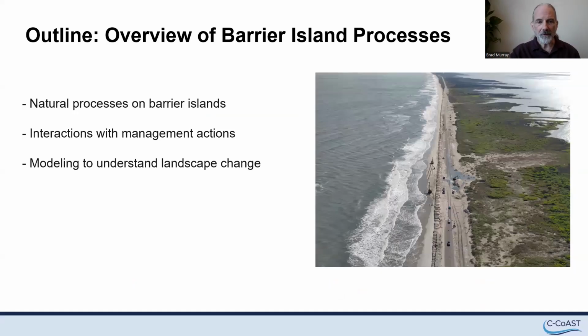And we'll start by talking about the natural processes on barriers and how those natural processes interact with the human management actions that people take in response to natural processes, and talk about how we can use computer models to try to understand how the interactions between the natural and human actions lead to different landscape configurations under different management strategies. To start with,